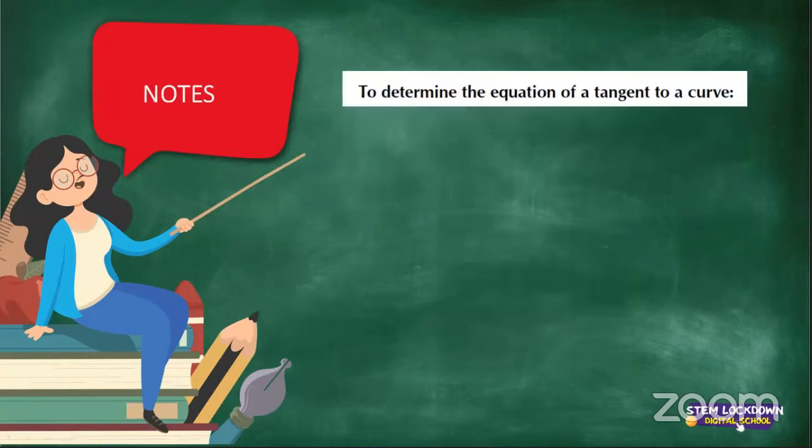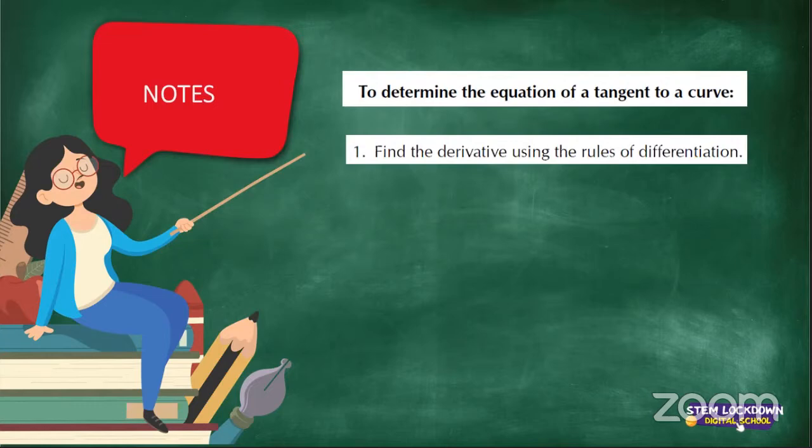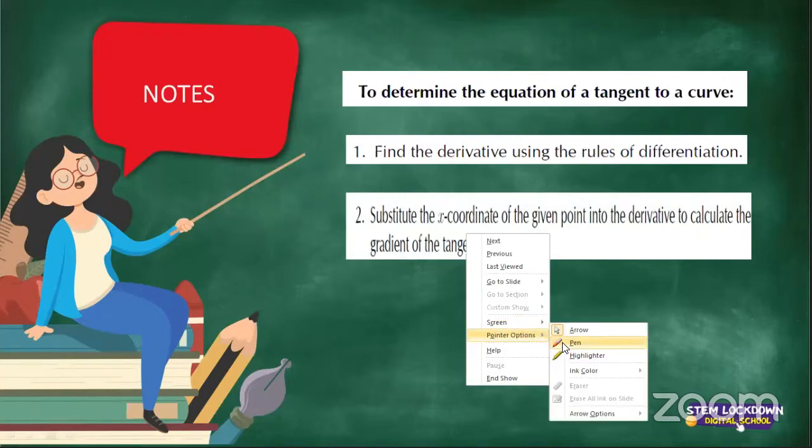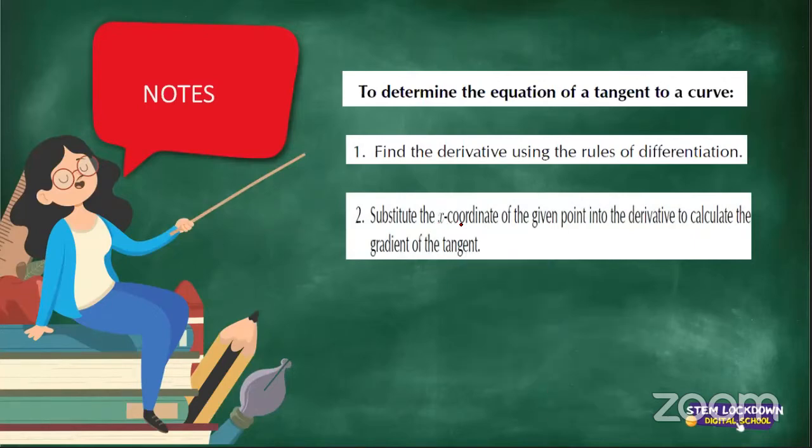So if, for example, you need to determine the equation of a tangent to a curve, you will first find the derivative using the rules of differentiation that we have been using. And then you will use the x coordinate, because remember, the gradient changes at every point. So you will use the x coordinate at that point to determine the gradient at that specific point of the tangent. Okay, and then